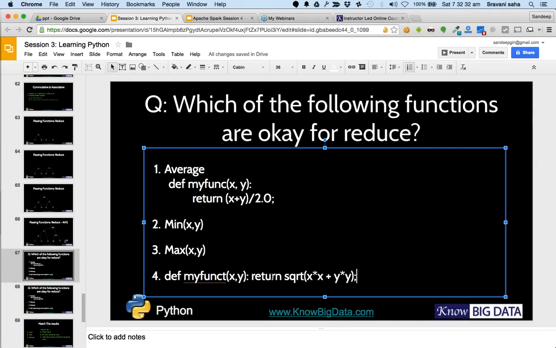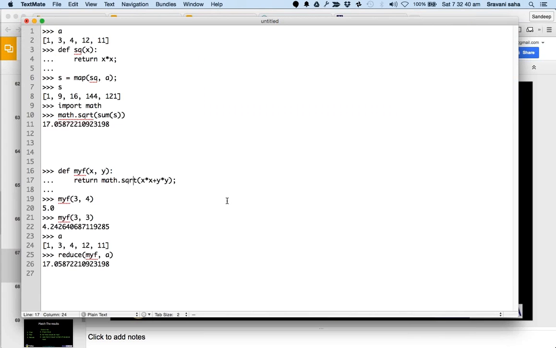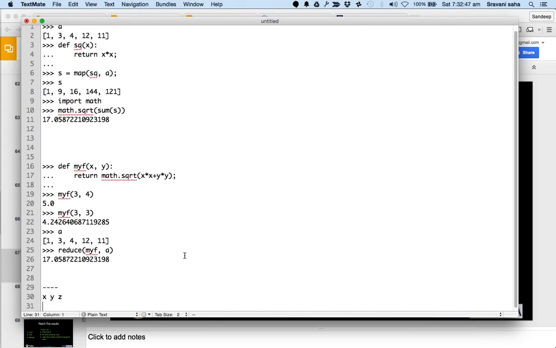So here, let's say we are trying to compute this. And let's say we had x, y, and z. Let's just talk in algebraic terms about x, y, and z. So when the function is applied on x and y, the result is x1. x1 equals function of x comma y, which is the square root of x square plus y square,